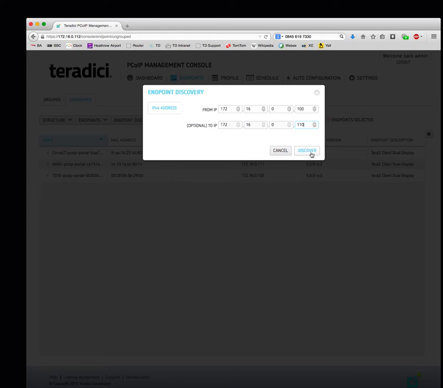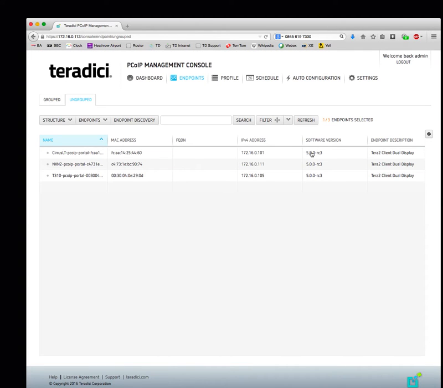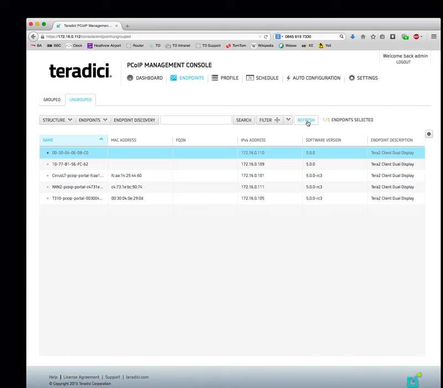So let's see what happens. You'll see the button changes to a new status, endpoints discovered. So let's hit the done button. And we still haven't seen anything come into the console yet, so we need to hit the refresh button on the right hand side. And we can see two new Zero clients have appeared,